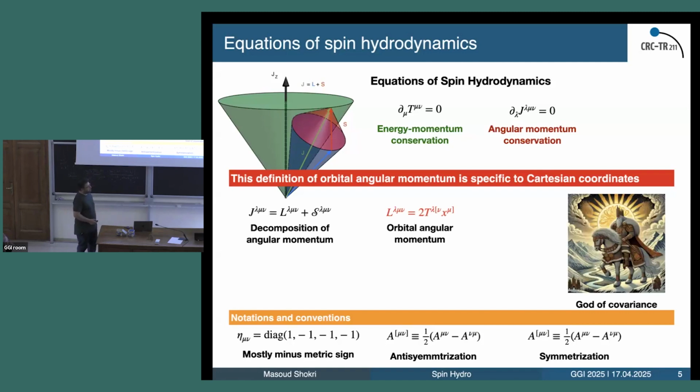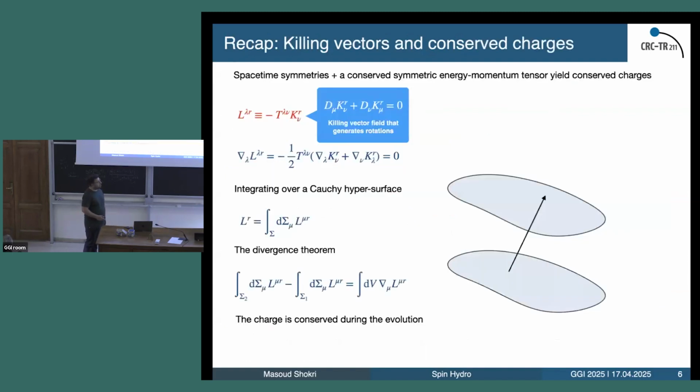The god of covariance will come after you, because this means that you are writing something that is not only valid in flat space-time, but also tied to Cartesian coordinates. So the first question that some geometrically trained mind would ask is: does it mean that you can only use spin hydrodynamics in Cartesian coordinates? And just to recap,